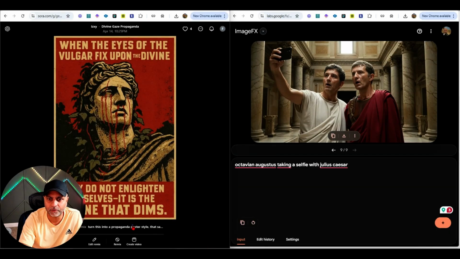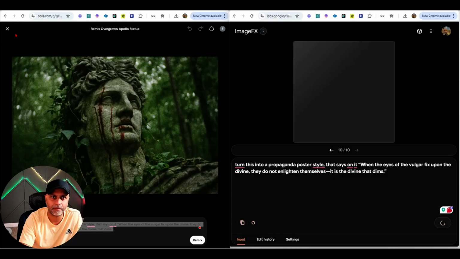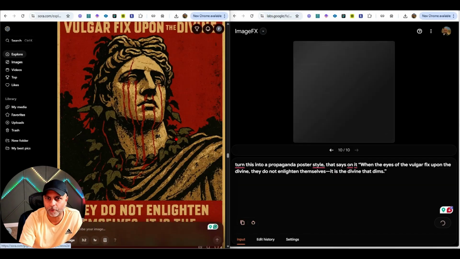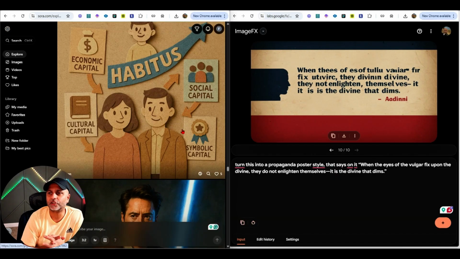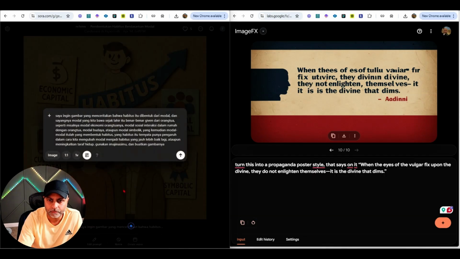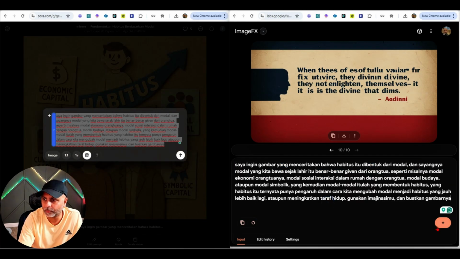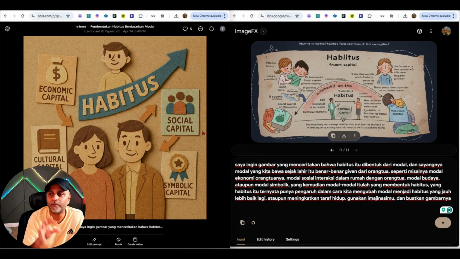And let me try this one because it has a poster. I'm going to guess this one will get hit by content moderation because of propaganda, but let's see. So point being, Google's image generation is pretty good. Now this one, I don't know what the prompt is, which language that is, but you can see that the output was in English, and I've noticed that Sora handles these multiple image prompts pretty well where it can